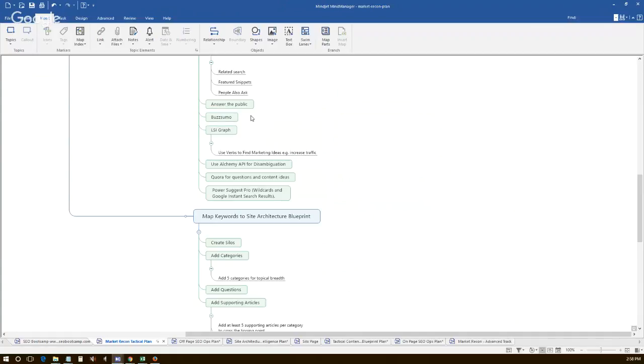When you're building out your site architecture, you can take the approach that used to work really well, which was to create a silo in a category and tons of supporting articles. Or you can also just build out an in-depth article on your silo page, 2,000 words or more, take your questions and answers, and integrate them into the actual section headers of your website. Your whole page might have 10, 20 questions on it, but each one of those is a phrase that you found that either is ranking right now or showing up in the Google Knowledge Graph results, the people also ask, or Answer the Public. So it's really about using these basics together, and at that point you can create an extremely robust